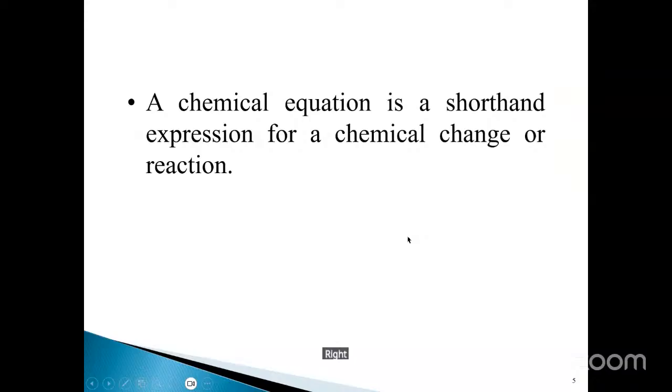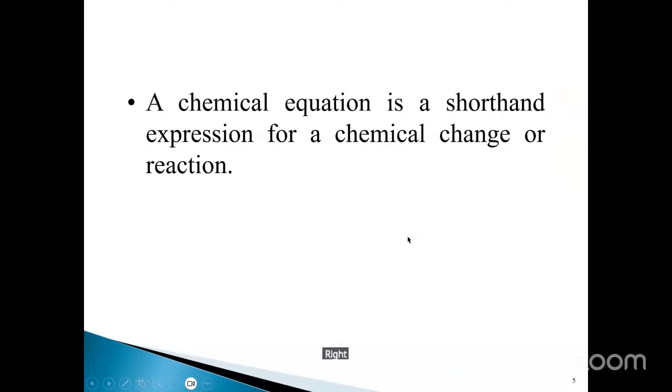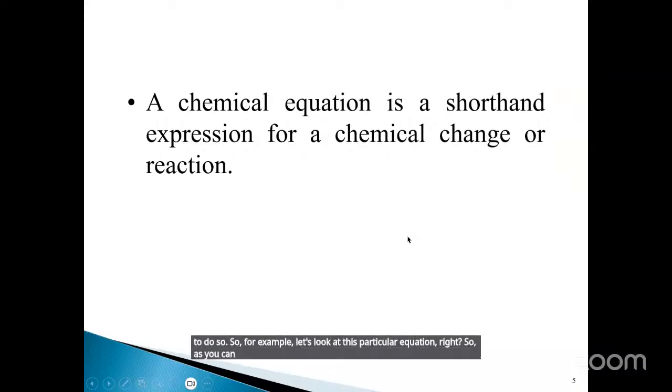Now, in a chemical equation, you can actually use words. So you can literally write down the name of different compounds. But in chemistry, we try to avoid that and use formulas instead, right? That is more convenient to do so. So for example, let's look at this particular equation, right? So as you can see from this equation,